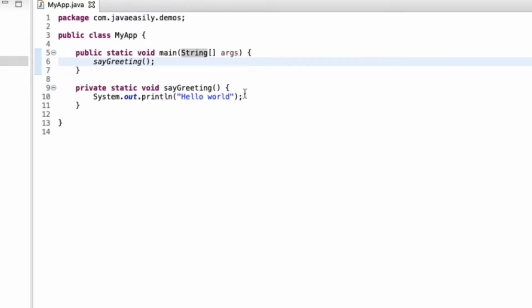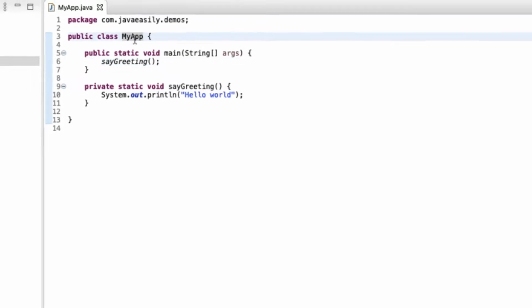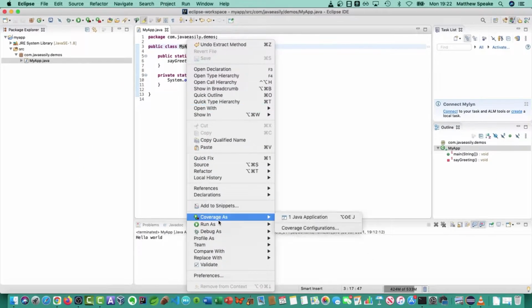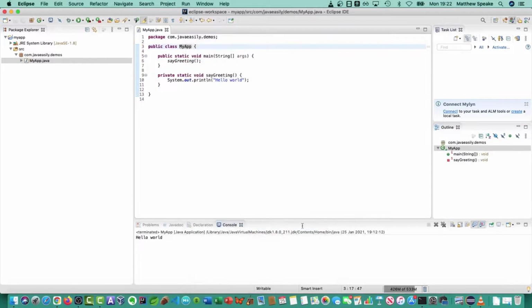And here we can see the method declaration itself. So if we rerun this now, it shouldn't change anything. You just right click again, go down to run as Java application. Yeah, it hasn't changed anything. So you're probably saying, well, what's the point in rerunning it? Well, the point of rerunning it is just to make sure that after we did that so-called refactoring, we didn't break anything.